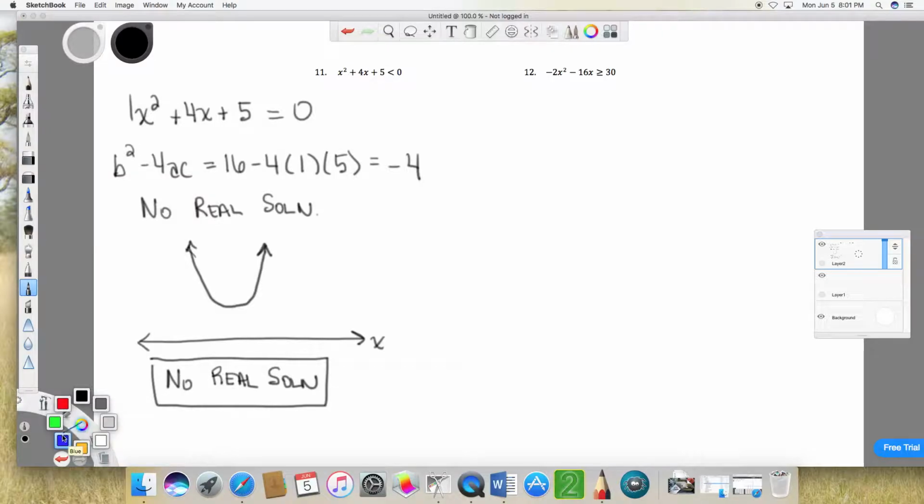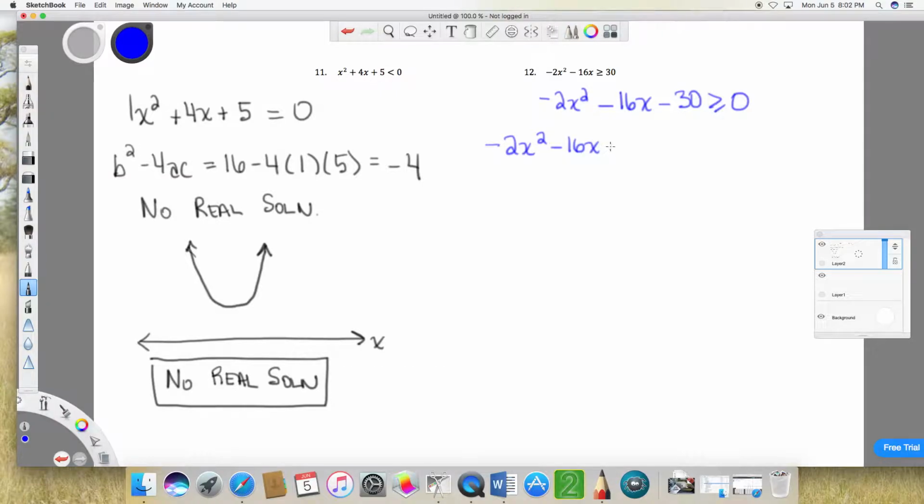Let's take a look at this next one. We start out, let's get this greater than or equal to 0. Let's have negative 2x squared minus 16x, oops, I meant to subtract 30 from each side, is greater than or equal to 0. So if we